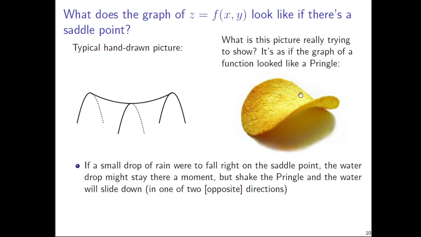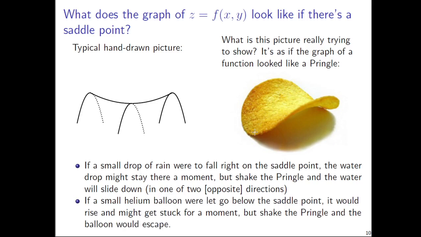In one of those two directions, roughly speaking. If a small helium balloon were let go below the saddle point, so from here you have to go below, right? So from the Pringle on this top side instead, you can barely see the other side of the Pringle. I can't do this any further, but I'm trying to go underneath here and then let go of a helium balloon and have it lift up there. It might stay there for